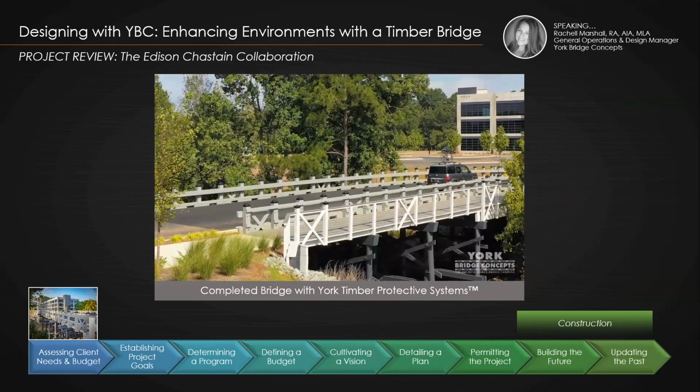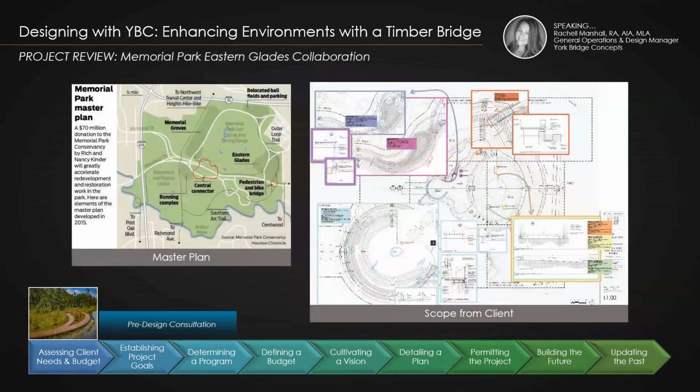So for now, we'll look at some poll results here. The poll results show what's most helpful. So pictures, everybody loves some pictures, and coming in above that is detailed scope and cost submittal. So good news, guys. As long as you reach out to us,